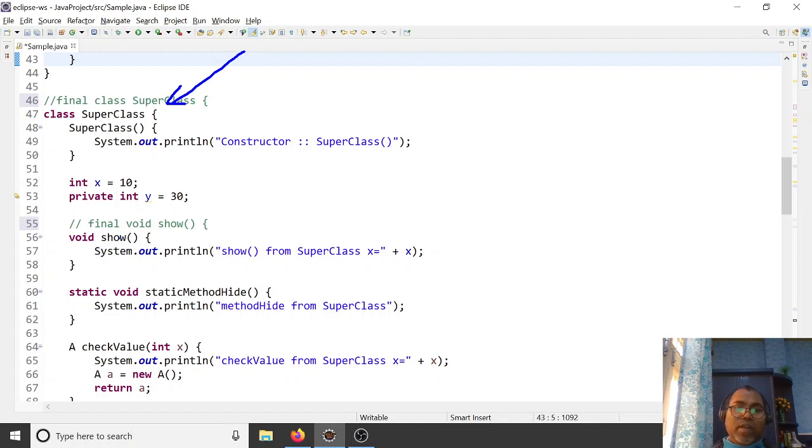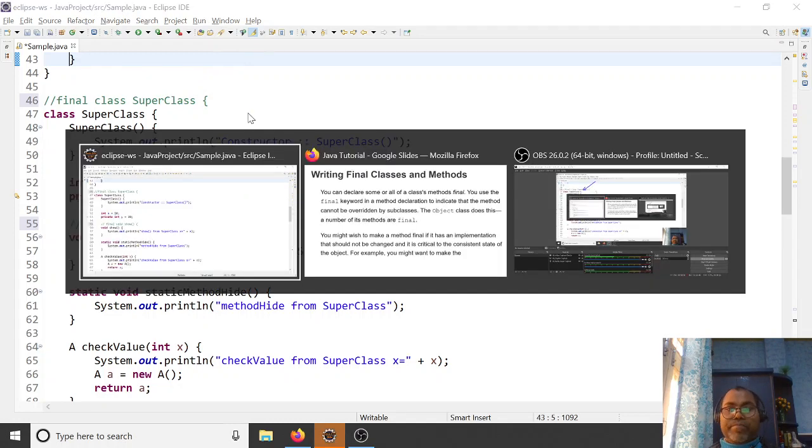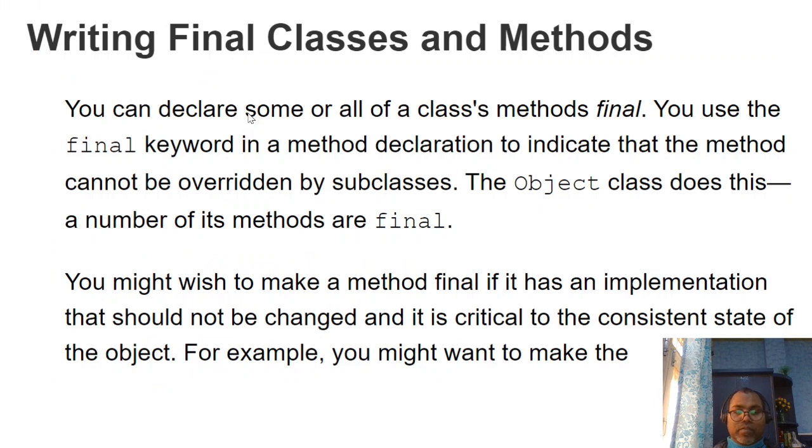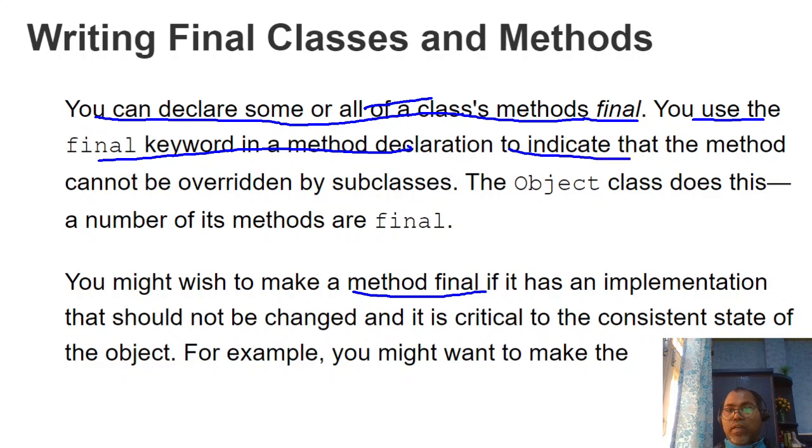If you declare any method as final, this means this method cannot be overridden in a subclass. You can declare some or all of a class's methods as final. You use the final keyword to indicate that the method cannot be overridden by a subclass.